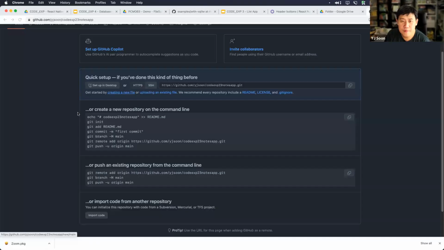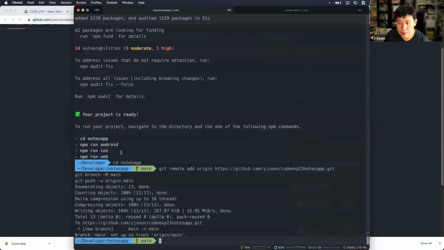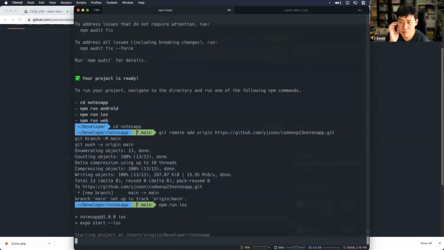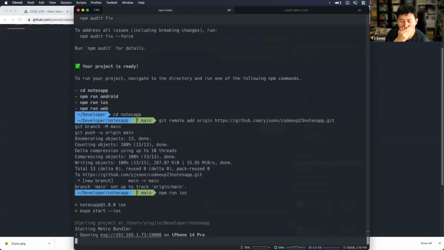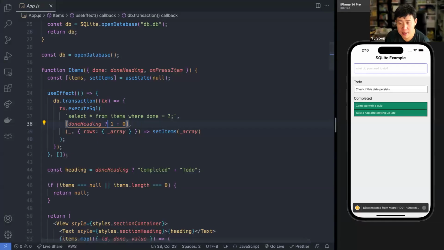Okay, so if I refresh this, I think we have our Notes app ready. Okay, our Notes app skeleton. Let's go over here and do npm run iOS. Okay, good. So I press I, it will try and load the iOS.